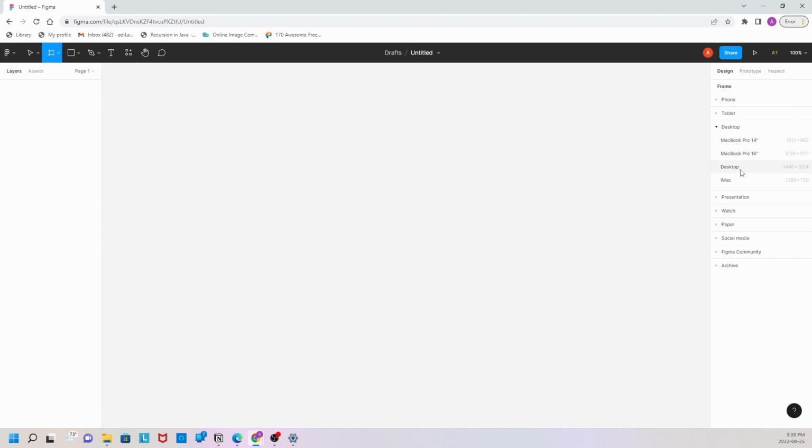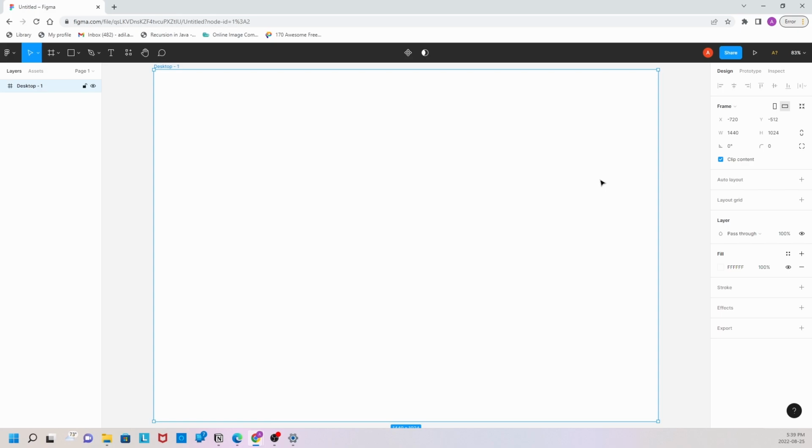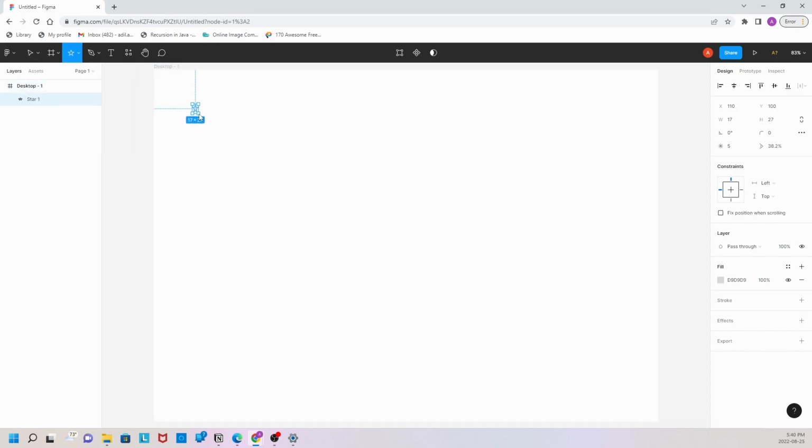And if we select the desktop margin, that will give us a width of 1440 and a height of 1024. If you select on the drop down beside the rectangle icon up top, it allows you to add these shapes to your frame. For example, select the star option,